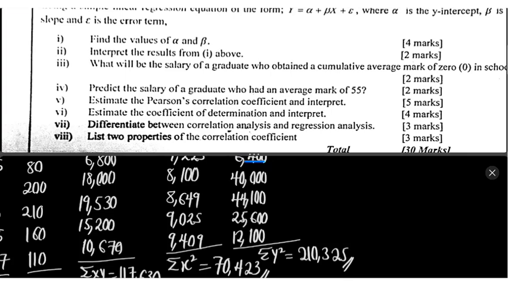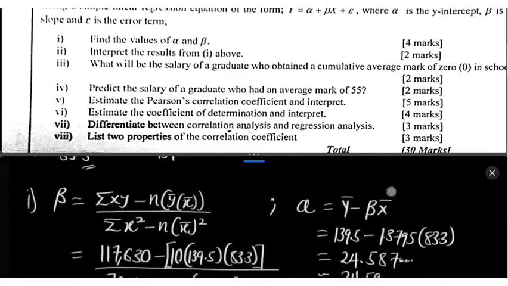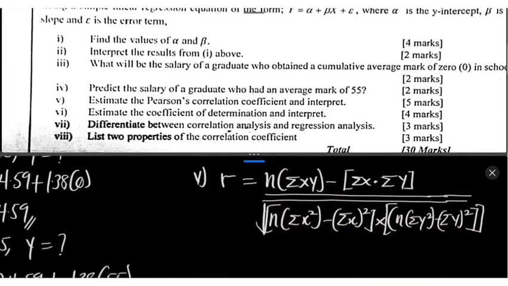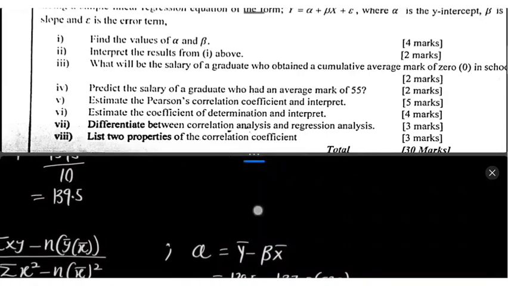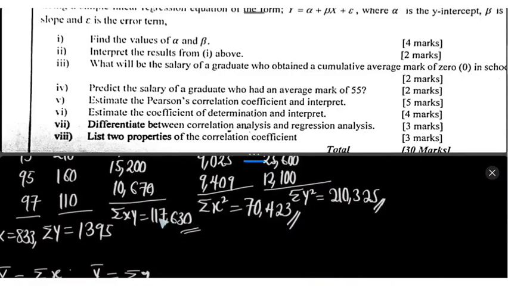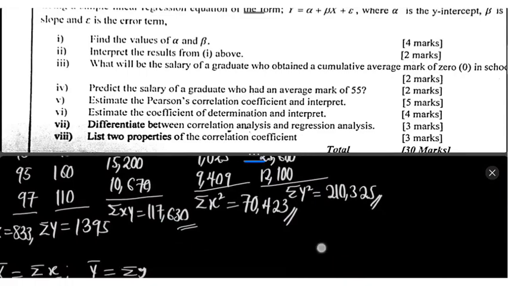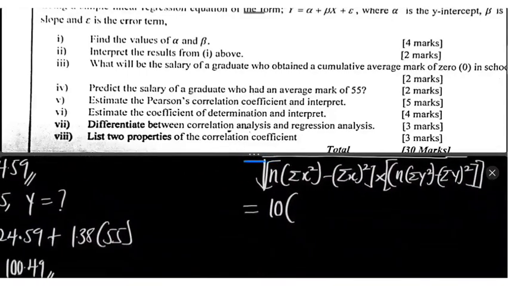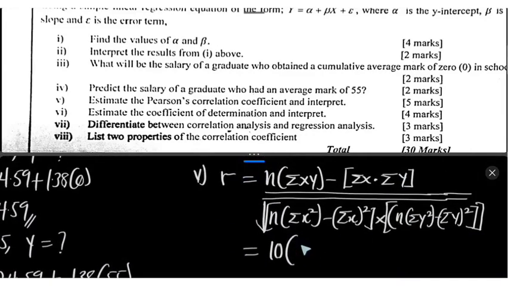210,325. So once you're able to get that, we can easily substitute in our formula here to find that of our Pearson correlation coefficient. So in this particular case, we know n to be equal to 10, right? So 10 into bracket, and we know summation xy. In our table here, we can pick our summation xy to be 117,630. So once we have that, you can place that here. So that's going to be 117,630, right? Bracket close minus,